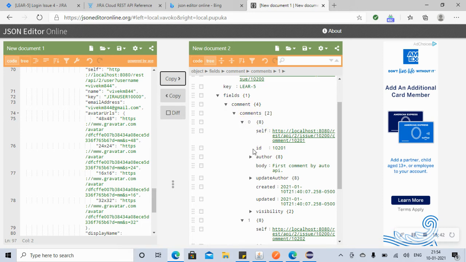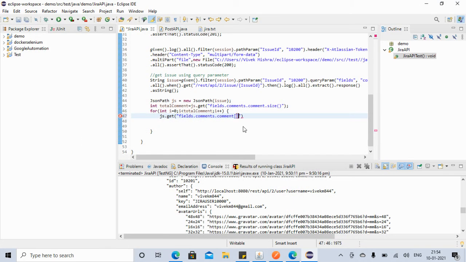Inside this we have 0, 1 like that, right? So we will go one by one. So we'll say like this, and here we have to provide plus i plus. So we are going with fields.comments.comment 0.